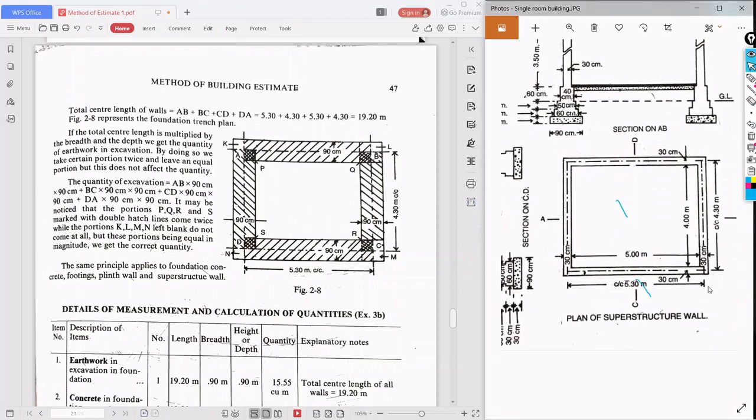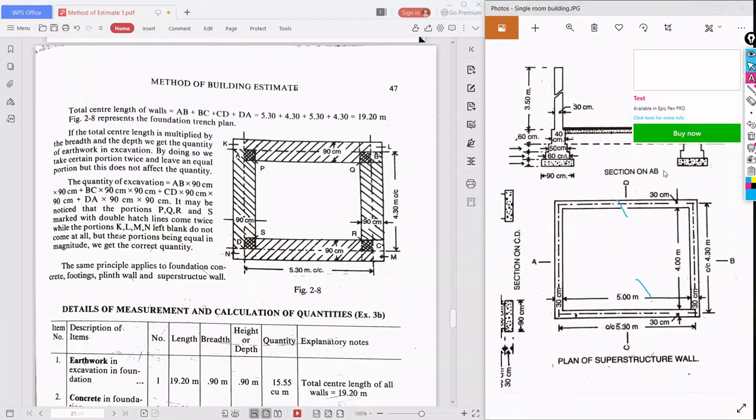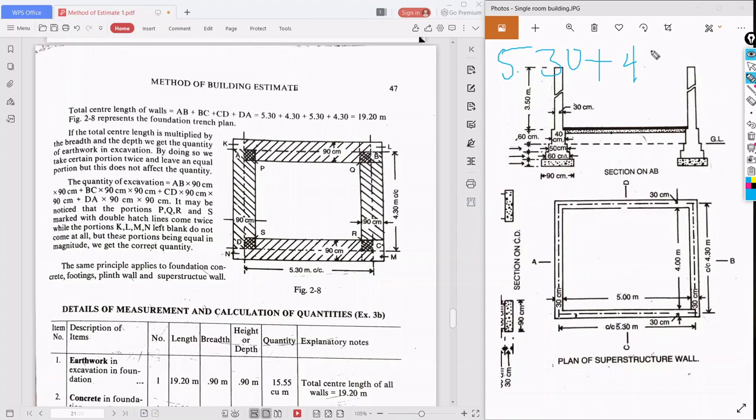See the figure here, dear students. The first example is very useful. We need center to center, that is 5.30. From here we will start: 5.30 plus, so this one is over. Next we come down, 4.30. 5.30 over, next 4.30, again 5.30 plus again 4.30.